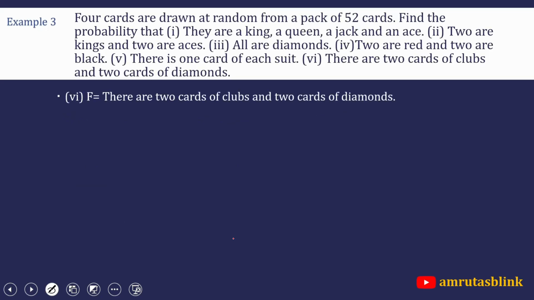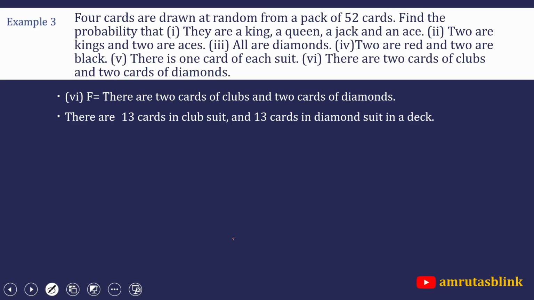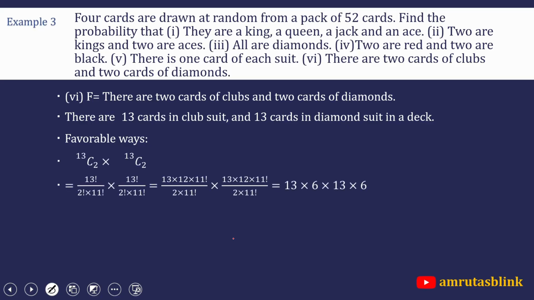2,70,725. And then the last case of this example number 3, that is there are 2 cards of clubs and there are 2 cards of diamond. So let's say we have an event F where there are 2 cards of club and 2 cards of diamond. Now how many club cards are there? 13. And how many diamond cards are there? These are also 13. Hence favorable outcomes is 13C2 into 13C2, that is 13 factorial upon 2 factorial into 11 factorial into 13 factorial upon 2 factorial into